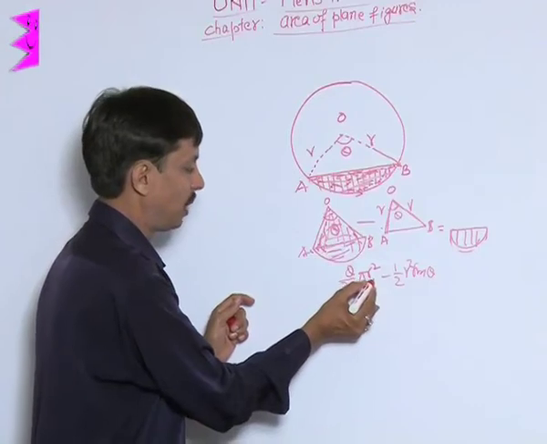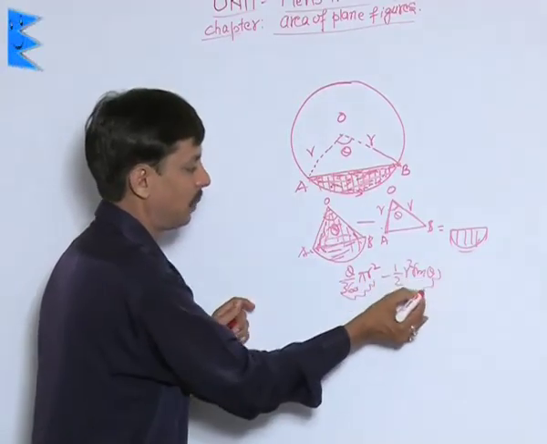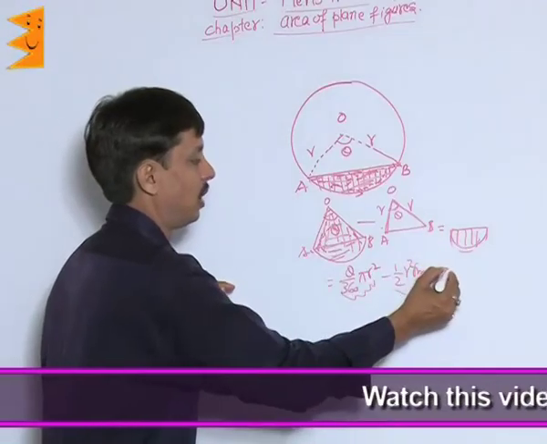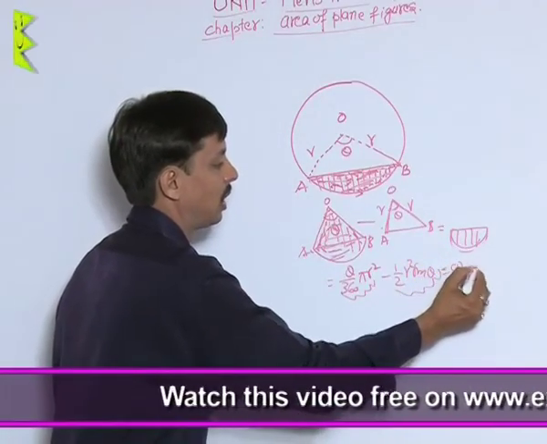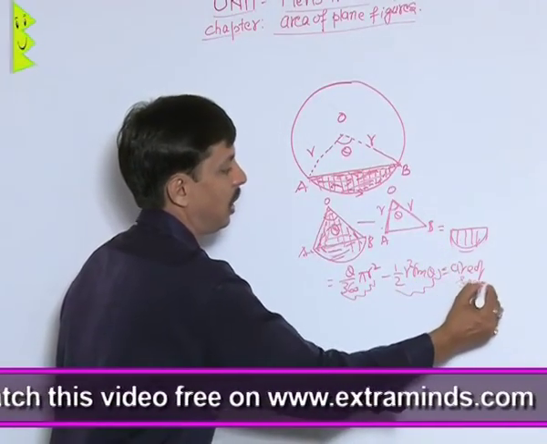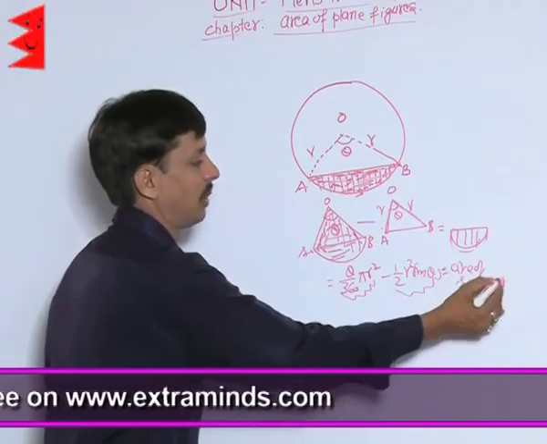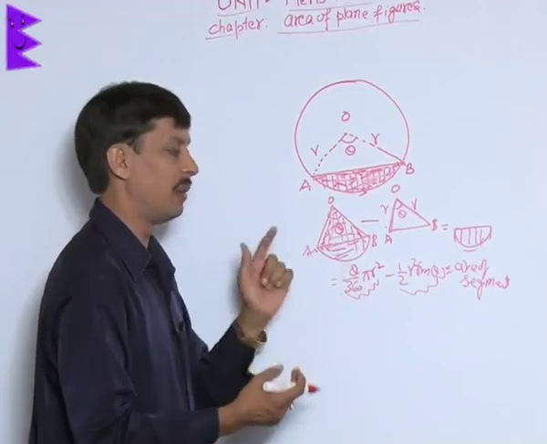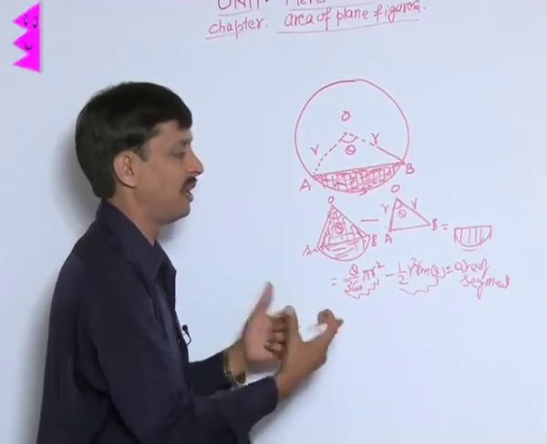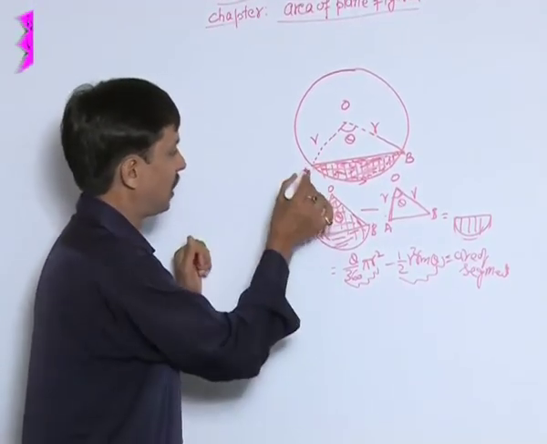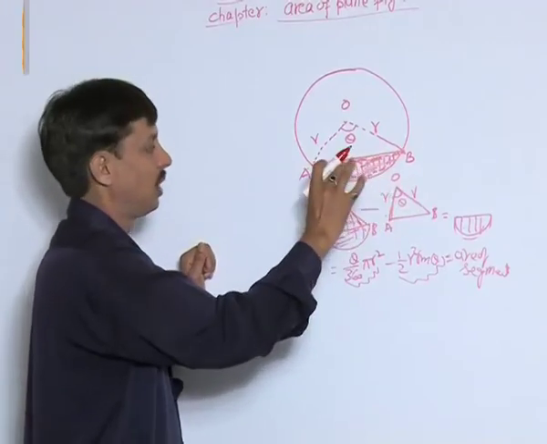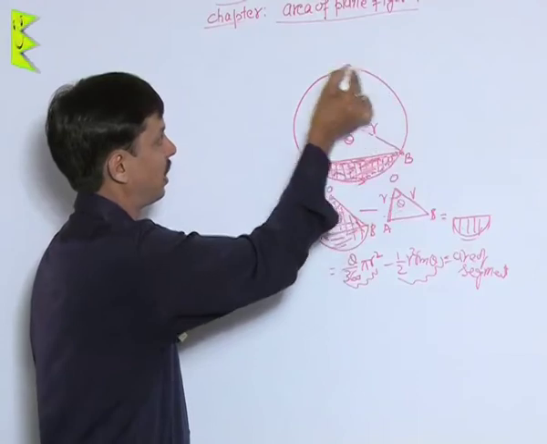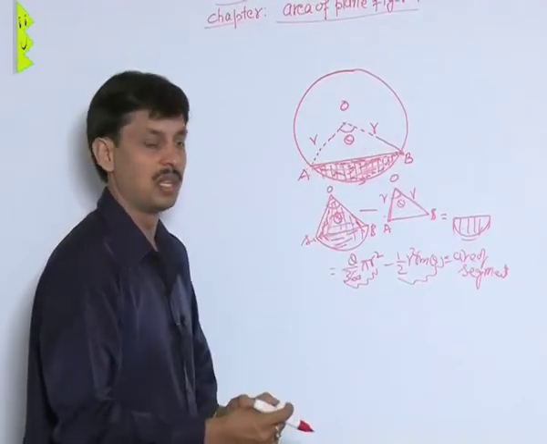So when the area of the triangle is subtracted from the area of the sector, the left part is known as the area of the segment. And what the minor and major segment are is also being explained to you. The area of the minor segment or the area of the major segment is the corresponding area. If the length of the arc is minor, then the segment is the minor segment. If the length of the arc is major, then it is the major segment.